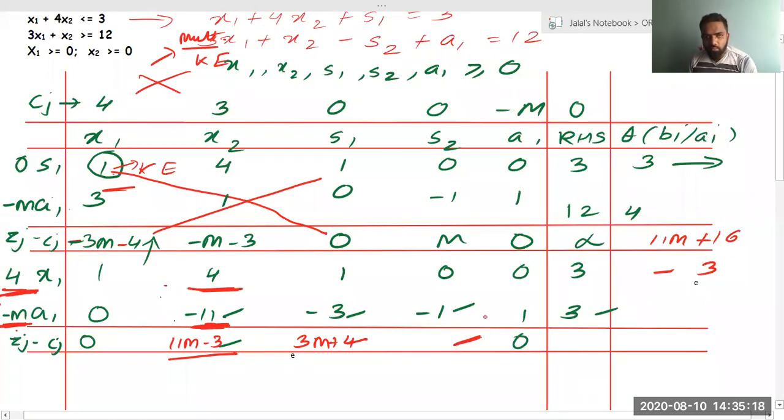Now we need to find this value. Just look at this value. Whenever I see m now, I feel like I need not use it. So what I'll do again is I'll just use this: 4 into 0 is 0 minus m, one second. Minus m into minus 1 will be m. m minus 0 will be m.